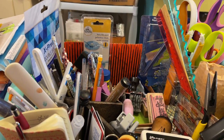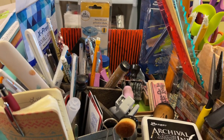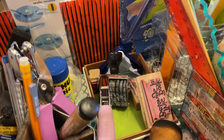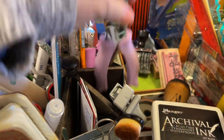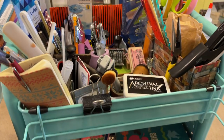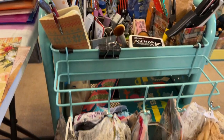That orange stuff at the back of the cart is corrugated cardboard that I used to put on lines on and stuff. Some most used stamps back there. A little punch, a couple punches, that sort of stuff is in the top there. And then this